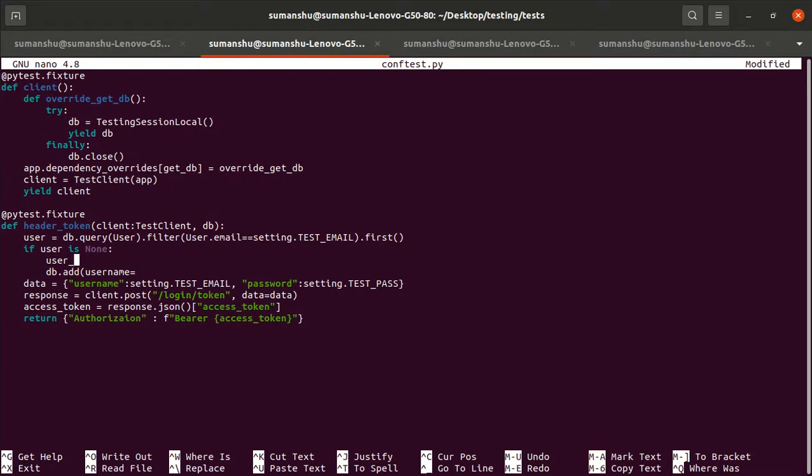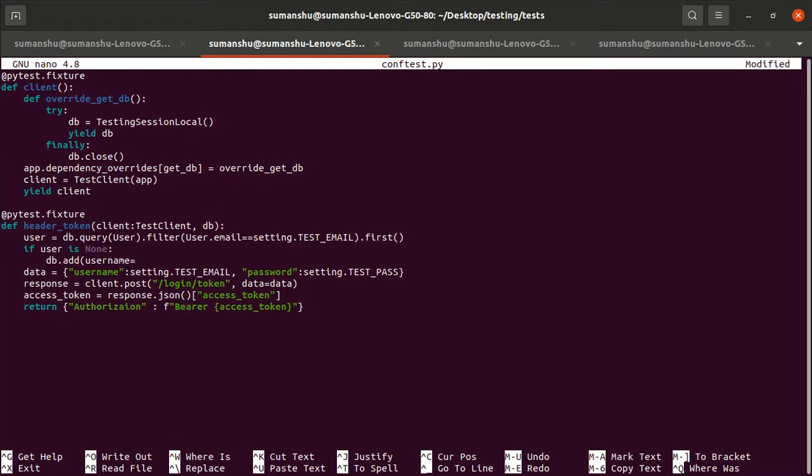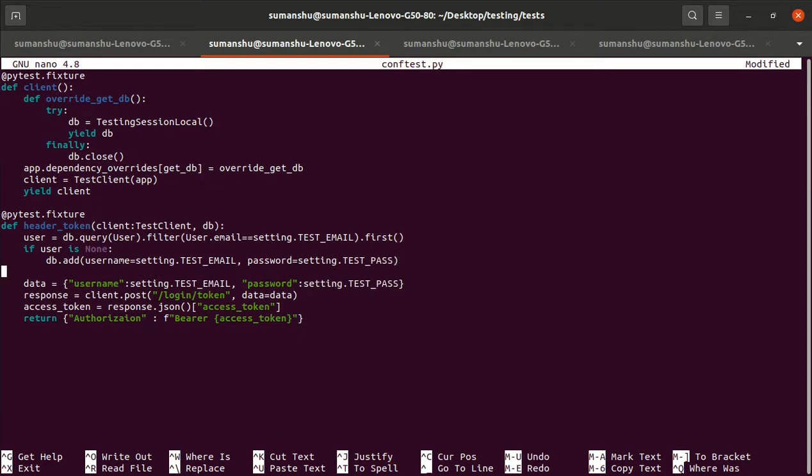Or don't pass the schema, we will directly add: db dot add, username is equal to settings dot test email, password is equal to settings dot test pass.